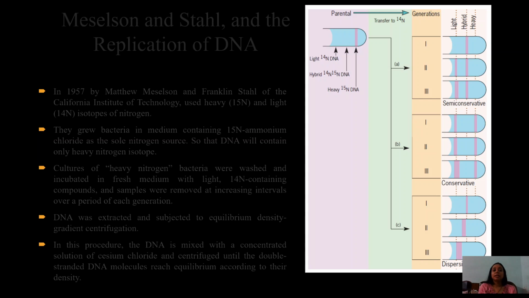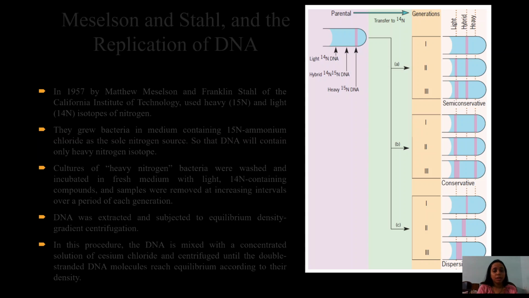Meselson and Stahl, in their experiment on DNA replication in 1957 at the California Institute of Technology, used the 15N isotope of nitrogen and the 14N isotope of nitrogen while growing bacteria in a medium. While culturing bacteria, they are grown on a particular medium from where they get the nutrients for growth. So if you replace some molecule or nutrient in it, that of course will be incorporated into the bacteria.